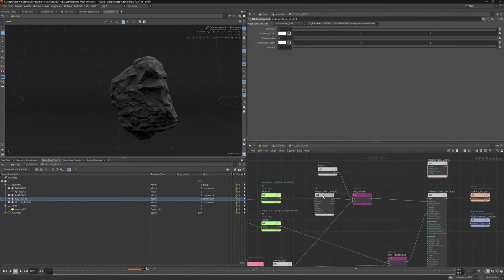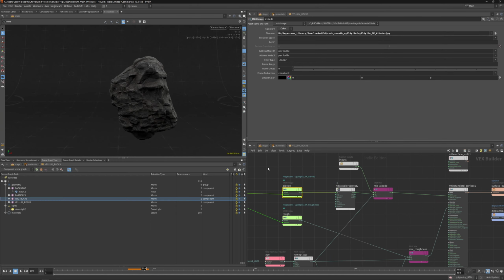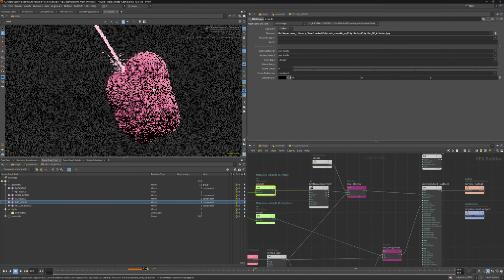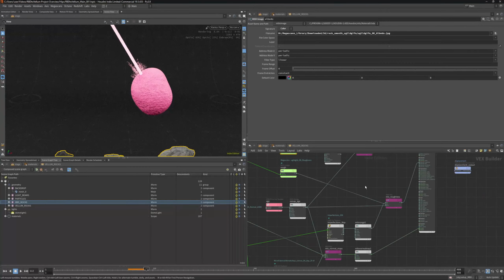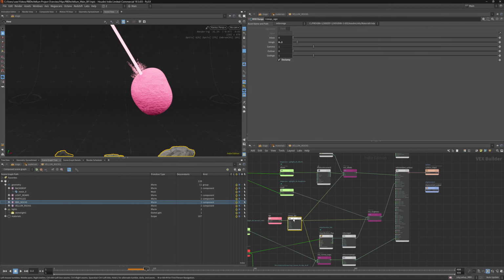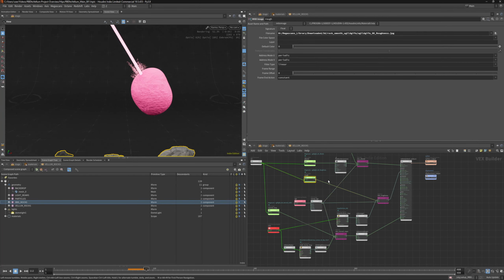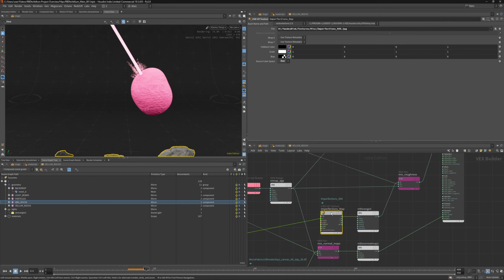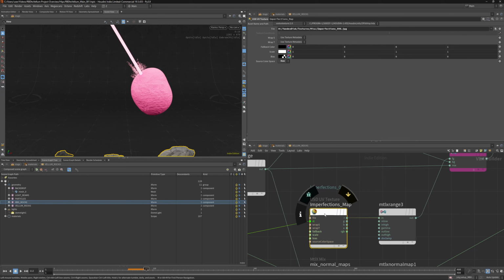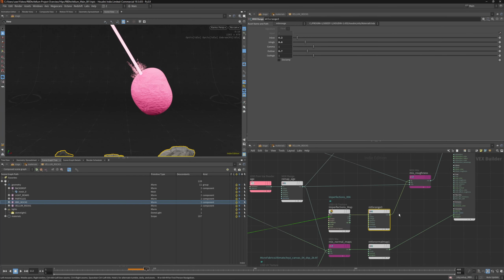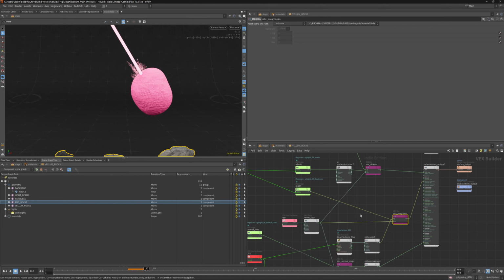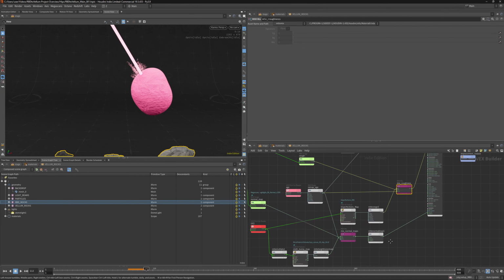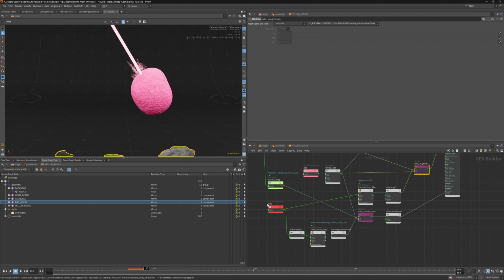I'm sorry for this, but so basically we are just, you know, blending between those materials. As you can see, the same thing goes for this. So I'm blending the roughness map with this imperfection maps as well. This is, I think, Cornelius Dämmrich's imperfection map, and I'm just remapping this a little bit, and then using this MaterialX mix to just mix between those two materials. And the same thing for the